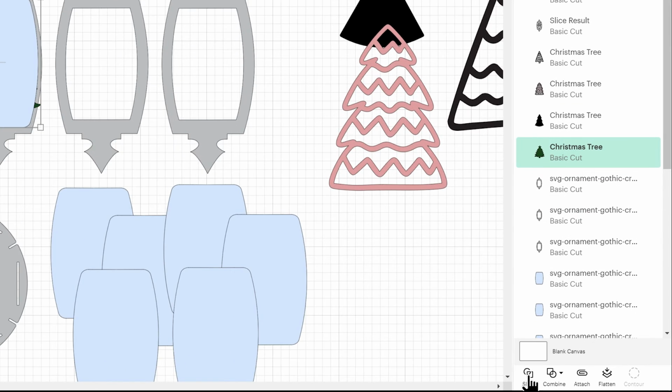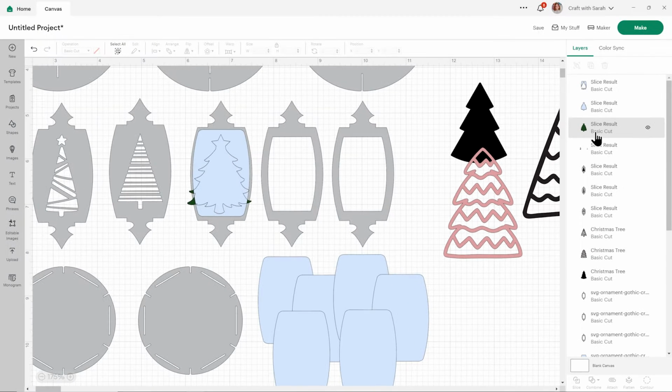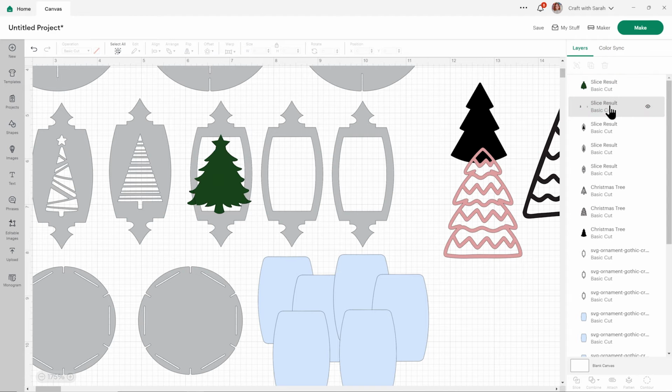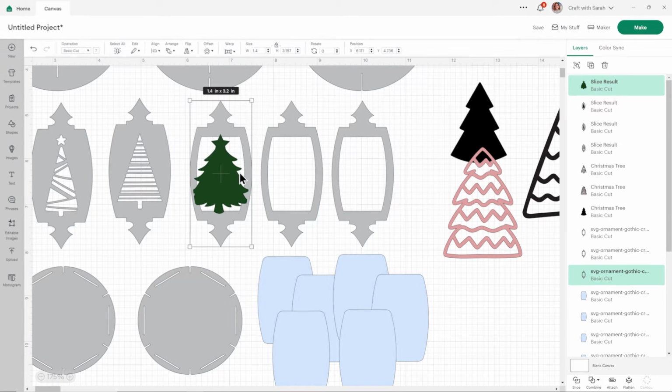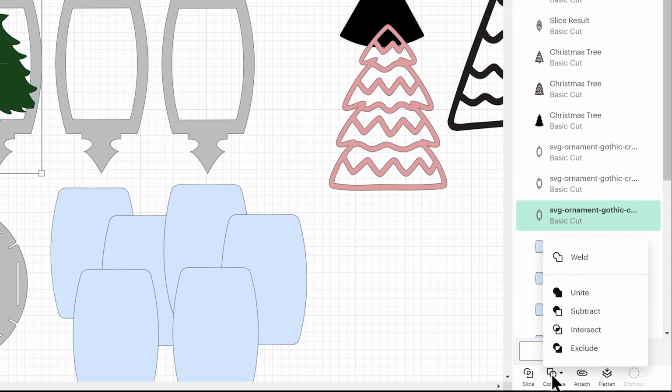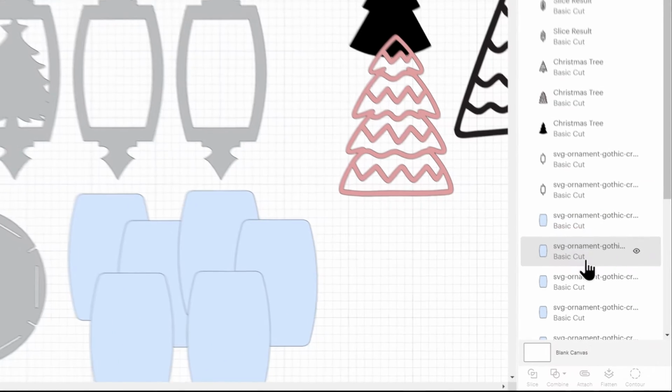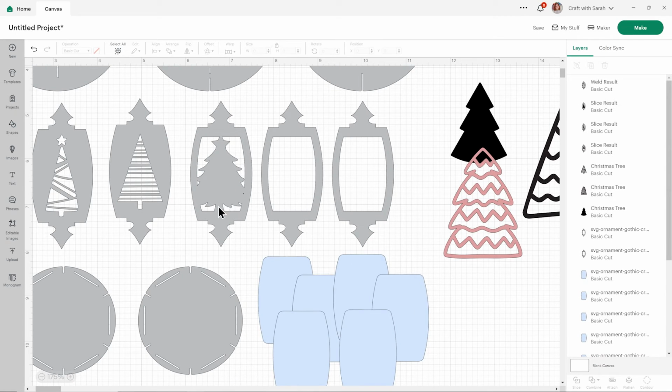And again, we will slice. That will cut the blue shape out of our picture. So I can delete those 2 blue bits and then the slice result layer that is on the edge. And now I can drag a box around those 2 and go Combine. And this time we're going Weld to join them together.